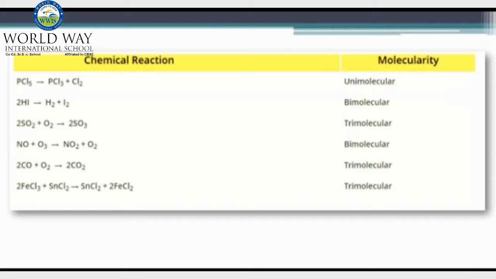If we take examples for the chemical reactions, the molecularity for each and every reaction is different. We just need to add the coefficients of the reactant side. If the number of molecules participating in a reaction is equal to 1, molecularity is unimolecular. If it is 2, molecularity becomes bimolecular. If the reaction has reactant equal to 3, the molecularity becomes trimolecular. So therefore, molecularity can assume maximum value of 3 and minimum value of 1.